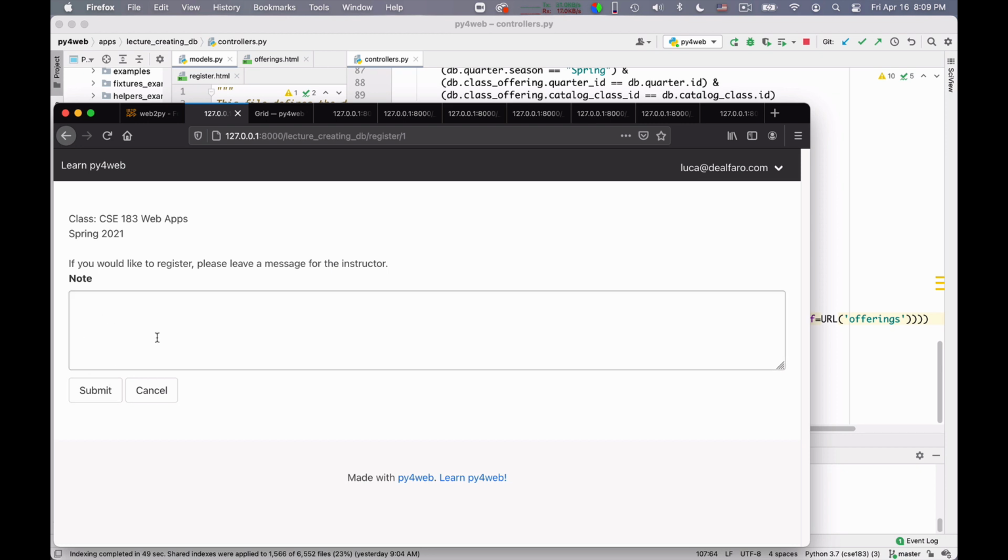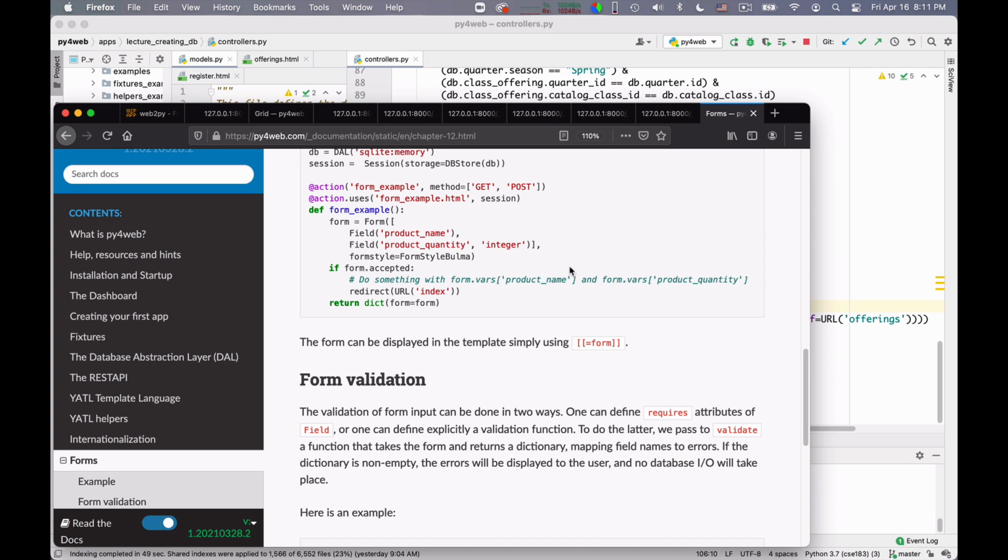Now we have just to ensure that the form actually does what is intended to do. So it is useful to consult the documentation of a form. You see that I can create a form as we did together by specifying the list of fields I want, and then we can say if form.accepted, and again, as in the validation lecture, form.vars will contain the various values. Okay, so let us put this into practice.